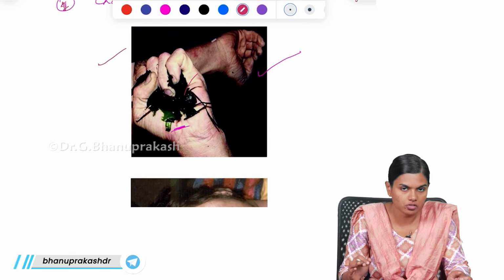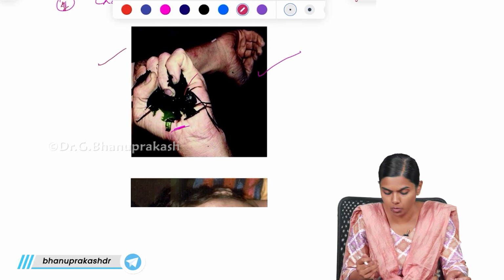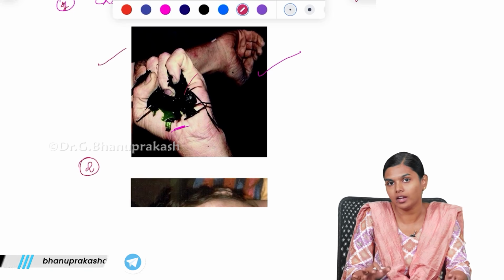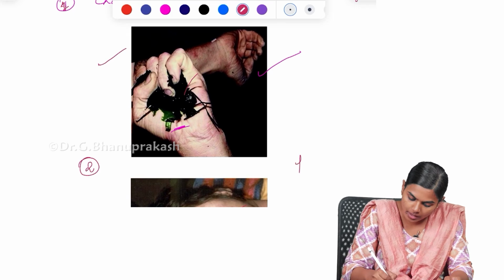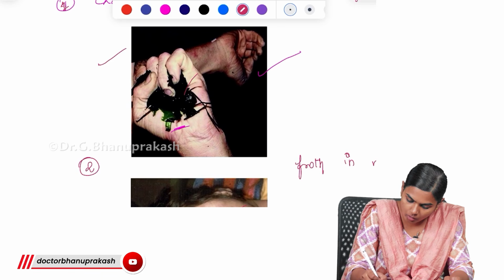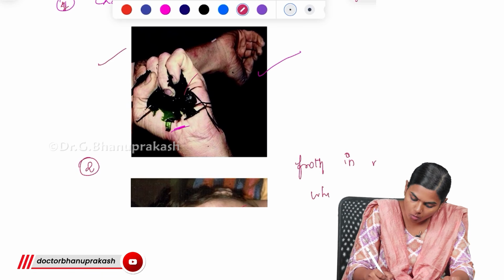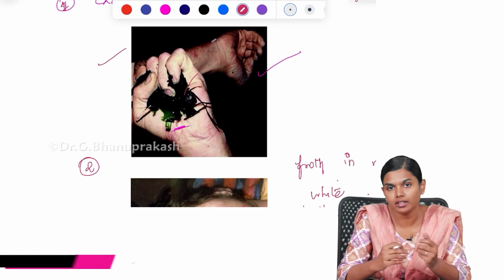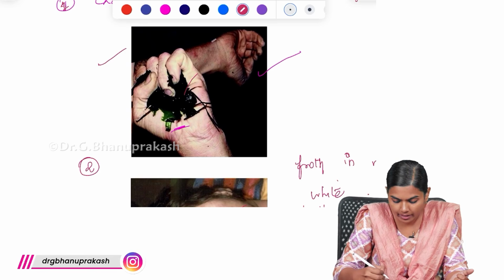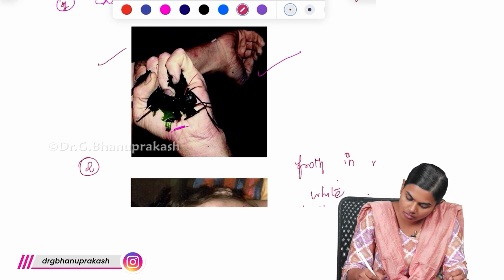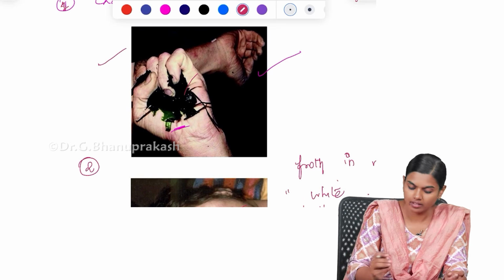Next, in all cases of drowning deaths, be it antemortem or post-mortem, you will be seeing this. This is a very classical finding you will see in a dead body found in water, that is the presence of froth in the mouth and nose. So, you will get to see this white lather, like the soap bubble lather that you get when you wash your hands. You will be getting this white, tenacious froth. This is the exact appearance.